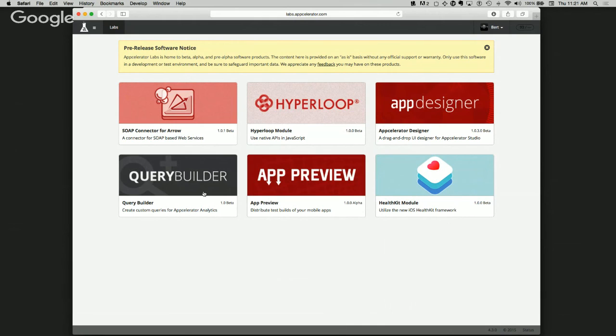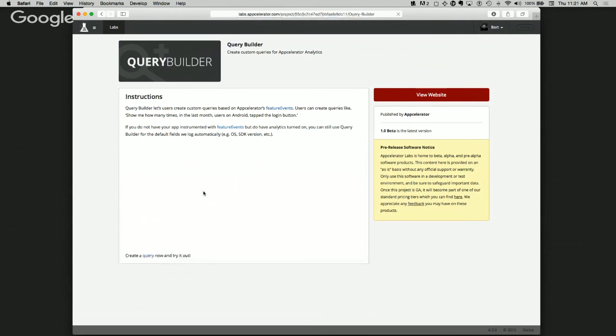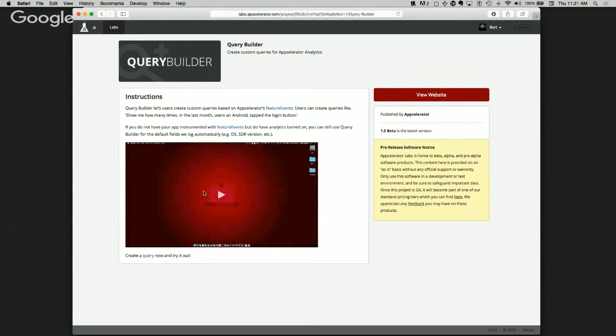Now, next week, stay tuned. We're going to be doing another tech talk. We're going to have Rick Blaylock talking about Query Builder. If you haven't had a chance to check out Query Builder, this is an awesome new analytics tool that we're making available through Appcelerator Labs. Again, you can just go to Labs, click on Query Builder and hit View Website. But this allows you to do really deep introspection of your mobile applications, getting access to deep-level feature events that were previously not available to you